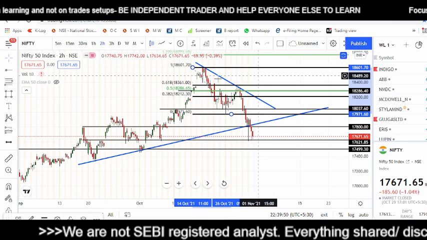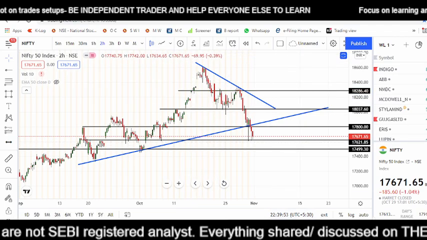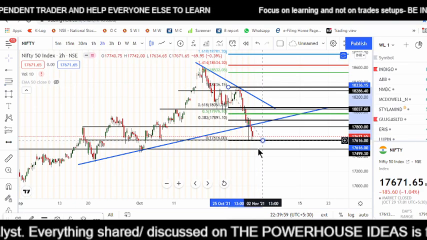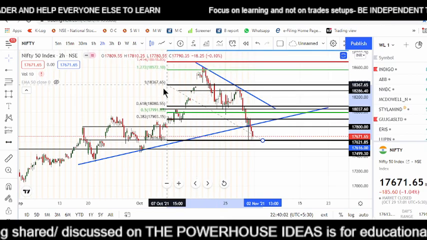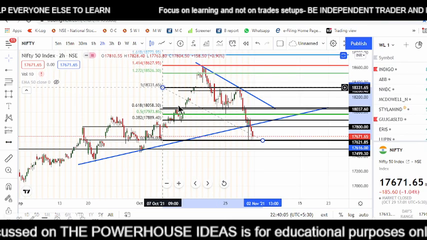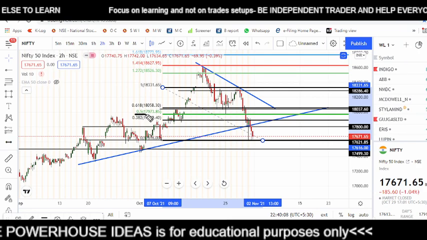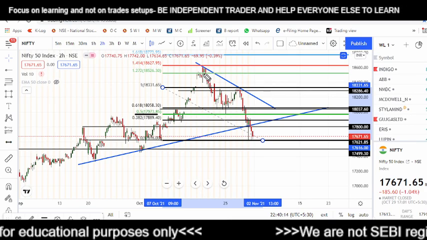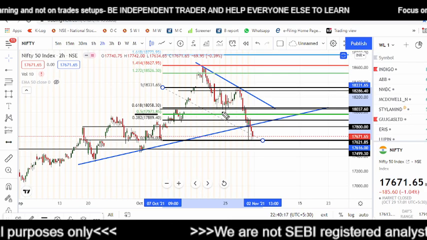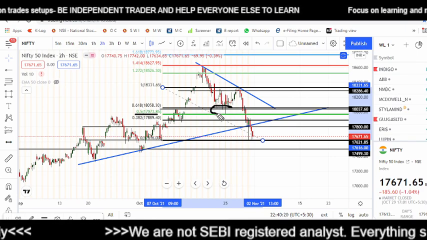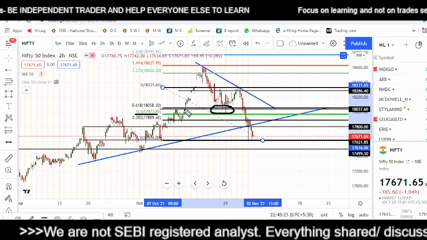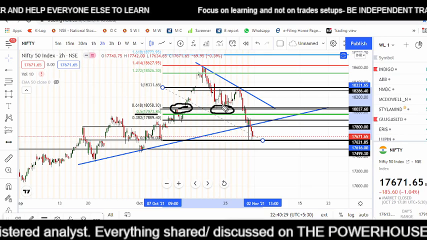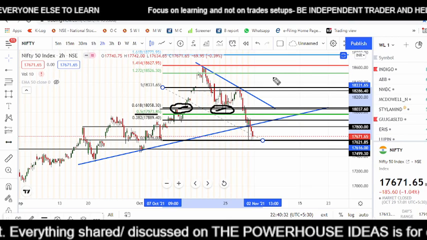Now let us place the Fibonacci extension on the lower part of the swing, on the second swing. Let us connect the top and the bottom of the swing. Now the question is to see where the 50% retracement is coming out. As you can see on the screen, the 50% retracement is coming out at a level of 17,973, which can be rounded off to 17,800. As you can also see, 17,800 also comes to be a very important level as per the charts. Not only as per Fibonacci, but also as per the charts, it is a very important level. Over here we can see a gap and over here we can see a support at this level.